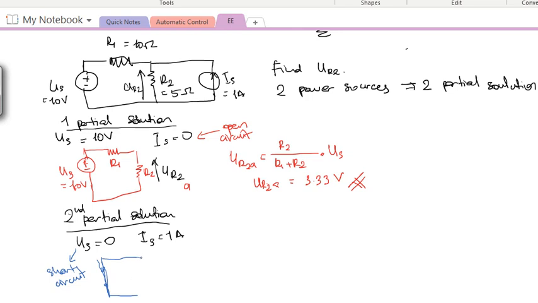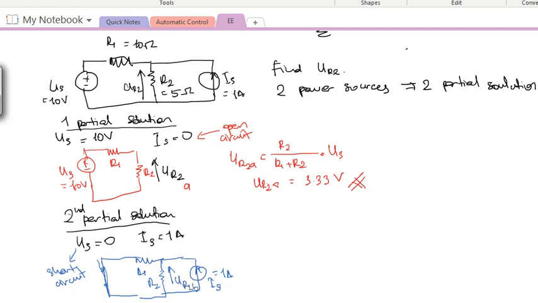One conductor all the way along. So next, you still have R1, and then you still have R2, and on the other side, there is IS that we maintain, right? IS, which equals 1 amp. So now, the same thing as in the first partial solution, the solution that we want to find out is what UR2 equals.